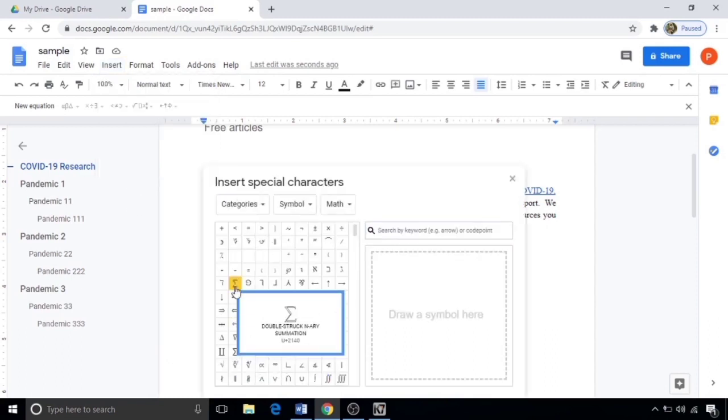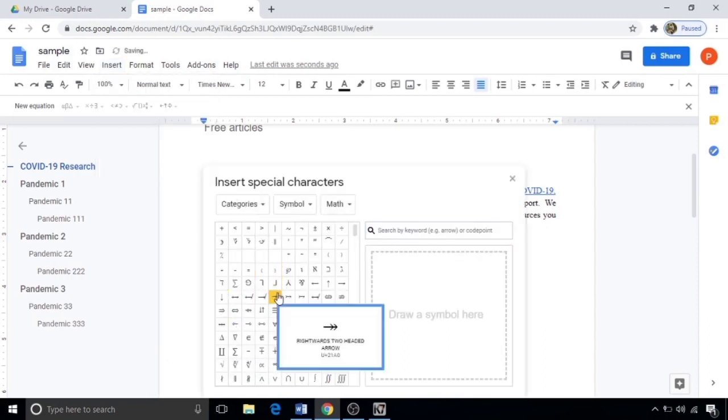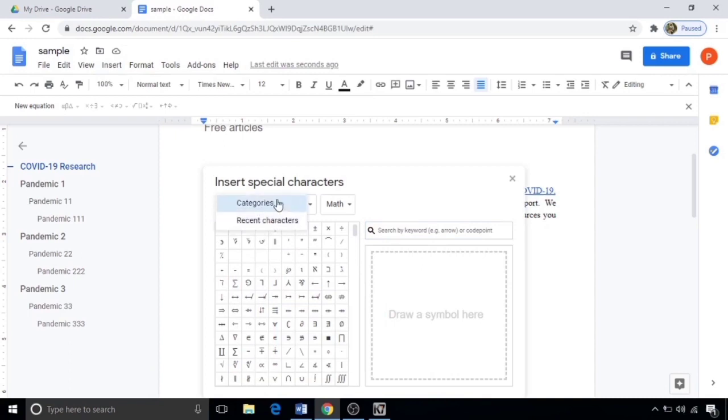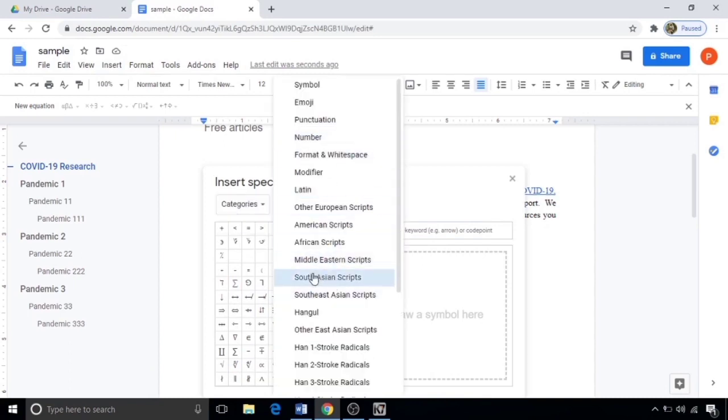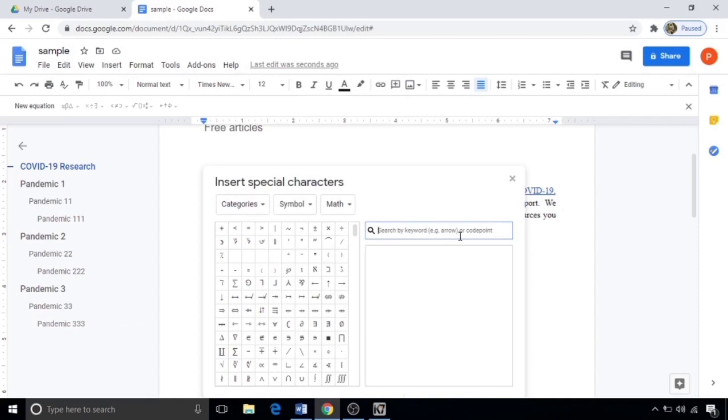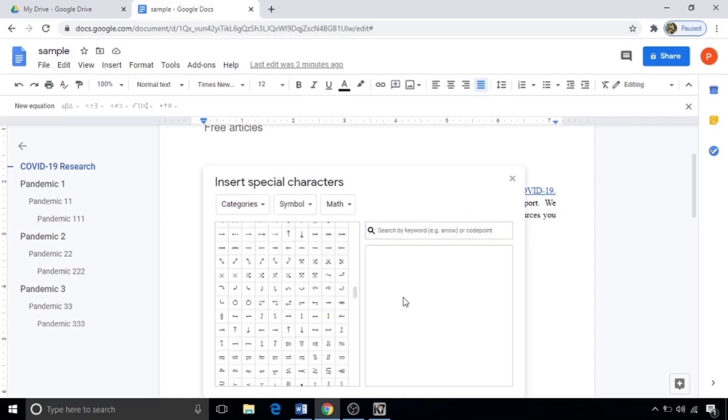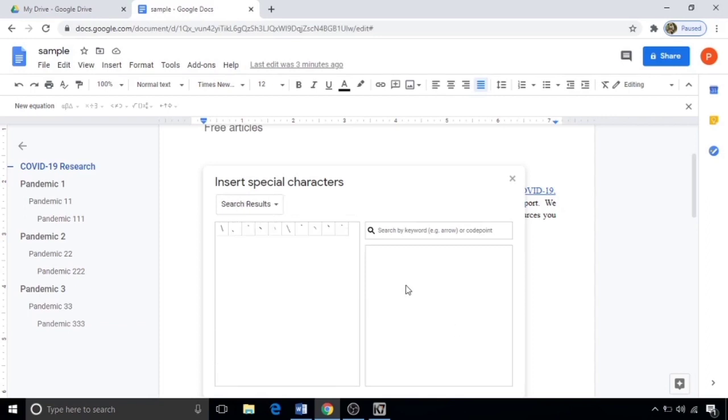You can select symbols you need or select from categories, search over here or search by keyword. If you cannot find a symbol, there is a way for that. If you draw here what the symbol looks like, Google will automatically categorize the symbols here for you. For example, I am drawing. So the related symbols, you can pick any symbol from here.